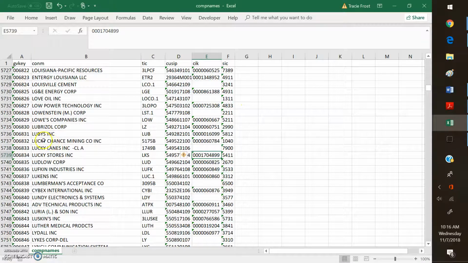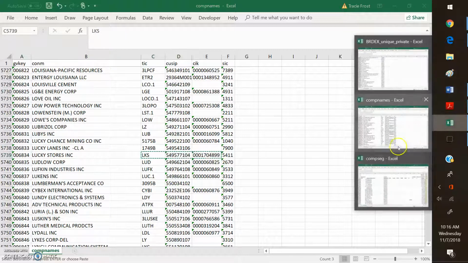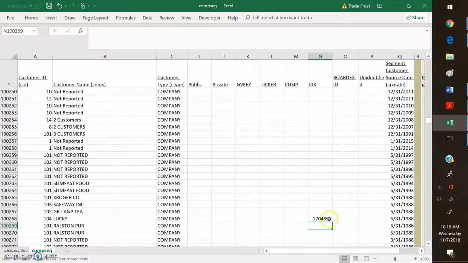Now look, if we'd gone straight to comp names, we would have found Lucky Chance Mining, Lucky Lanes Inc., and Lucky Stores, and we would need to determine which one of these is the right one. So we already know that Lucky Stores is going to be the right one. So we'll take